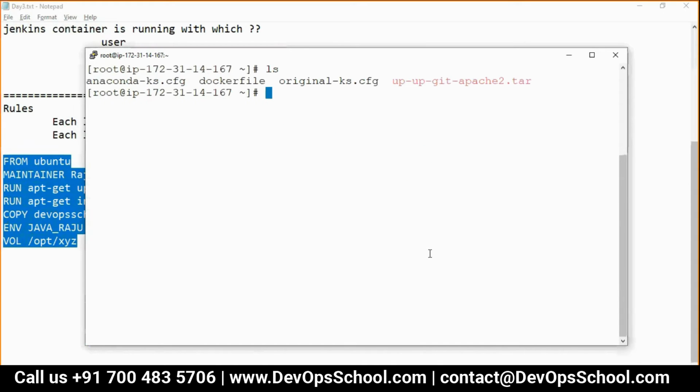Okay. So now for this Dockerfile, what command do you have to run? docker build -t. Here -t is for the name actually. So this is the image name; I'll make it image-name1. And where is the Dockerfile context?